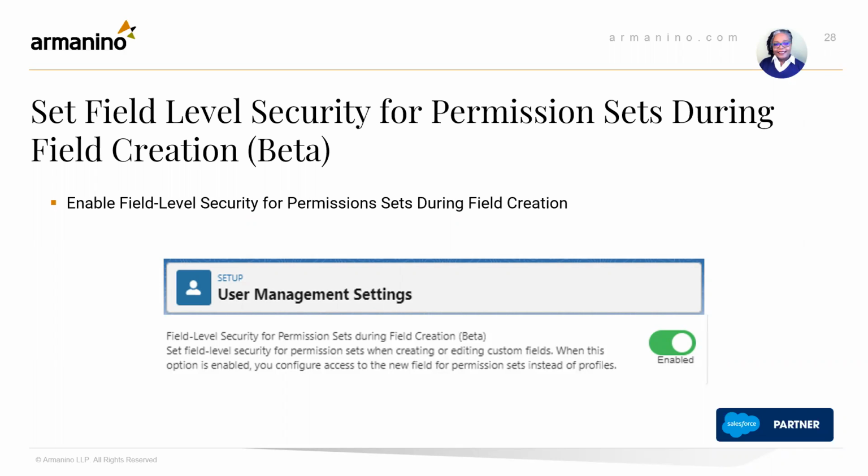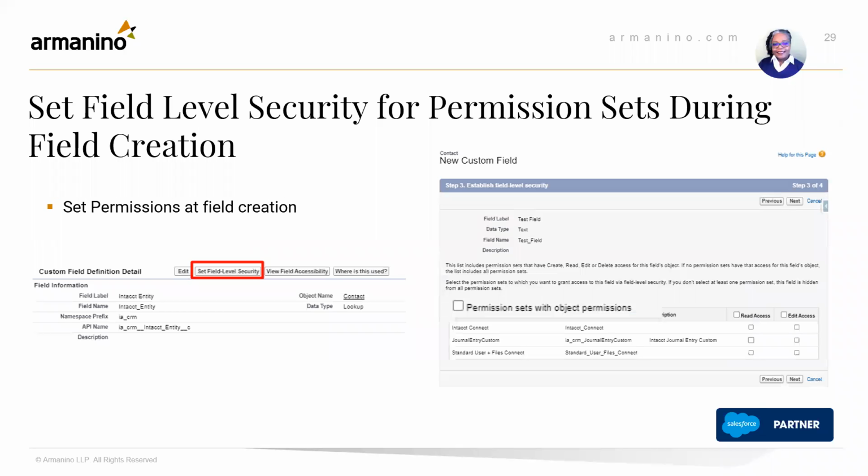Now, on this release, there is a new, and this is kind of long, set field level security for permission sets during field creation feature. This will allow you to set or change field level security for a field at creation. This feature is currently in beta and would need to be turned on in order to use. After turning on this feature,